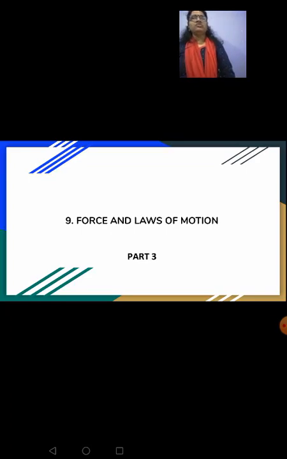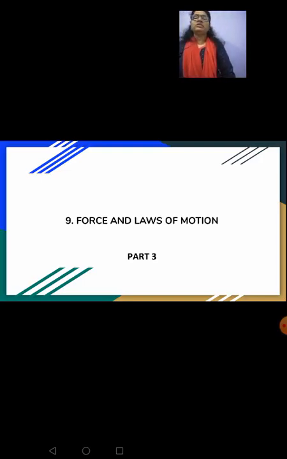We had learned Newton's first law of motion, which states that every inanimate object continues its state of rest or of uniform motion unless and until you apply an external force on it. That means an object at rest or an object in motion will continue that as long as you don't apply force on them. Once you apply a force, you can bring in a change in their position. It is also known as the law of inertia. Inertia is nothing but the tendency to resist change.